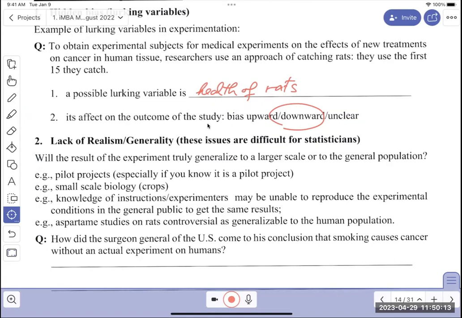Unclear. Okay. Yeah. Depends what you wrote here. Okay, now I'm thinking about it. But okay, thanks for the question. All right, so